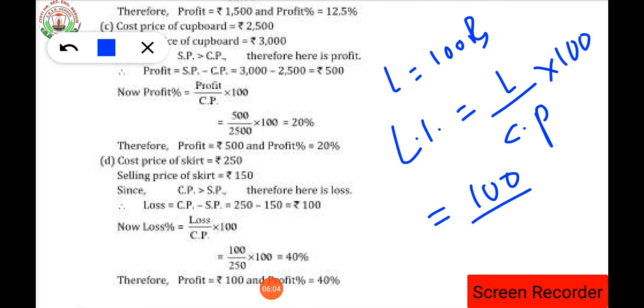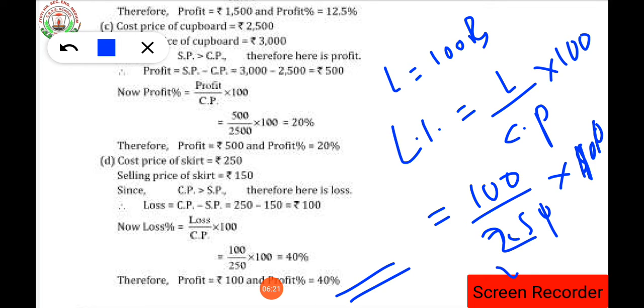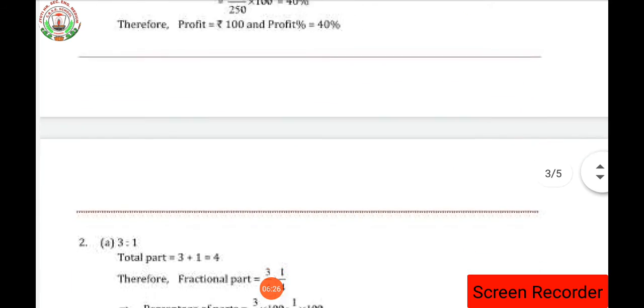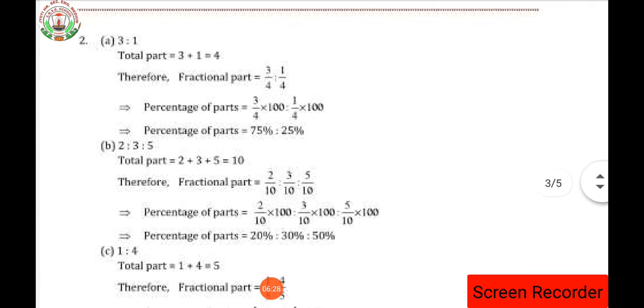What is the cost price we are having? 250 into 100, isn't it? Now solve, 1 0 will get cancelled. This one is 25, isn't it? So when you are going to solve this, you will get the required answer as 40%. Clear, student? So in this way you have to solve this question. In the next question number 2, we will see that here it is asked to convert each ratio into the